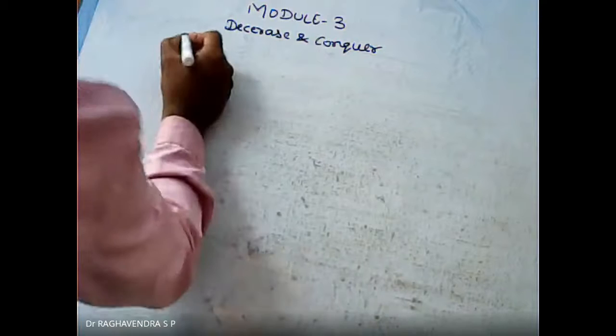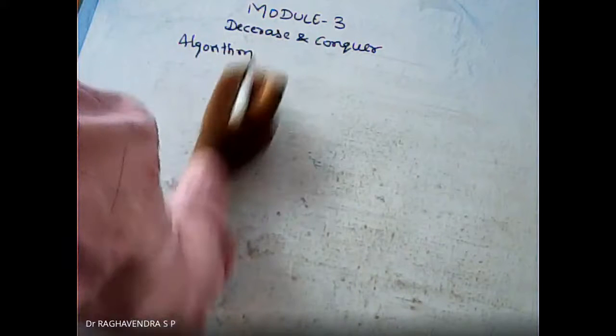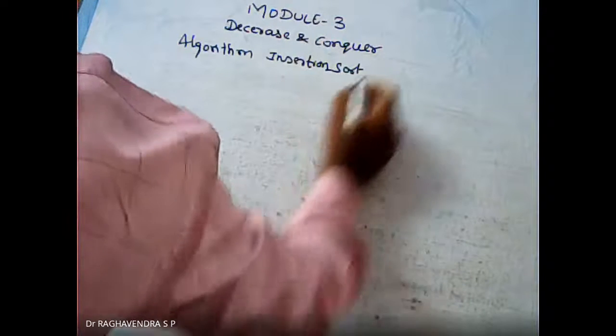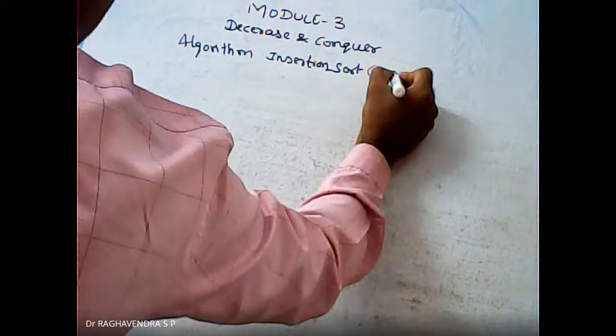Now we are going to take the algorithm for the insertion sort. Write the algorithm. Insertion sort, A comma n. For i is equal to 1 to n minus 1 do, item is equal to A of i, and j is equal to i minus 1, and there is a while loop here: while j greater than or equal to 0 and